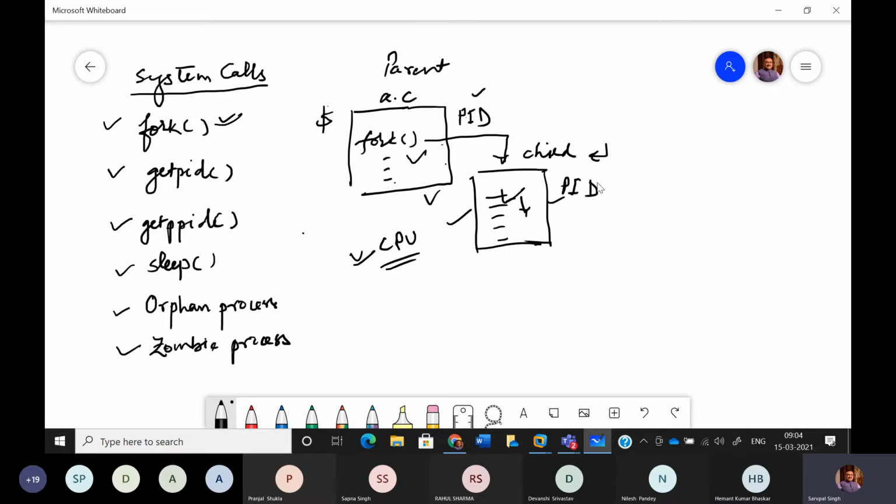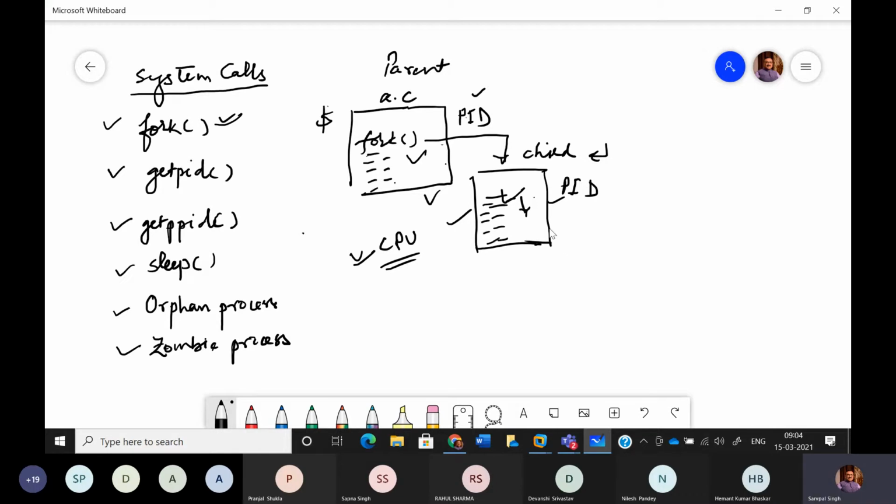But for 3 microseconds it was in the wait state, so the total time comes out to be 5 microseconds. Now there may be multiple processes competing with each other to get the CPU slot. The same thing is happening here: when the parent creates a child process, the child and parent both resume the execution from the point next to the fork system call.